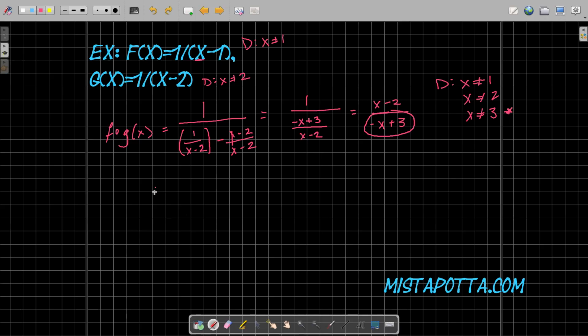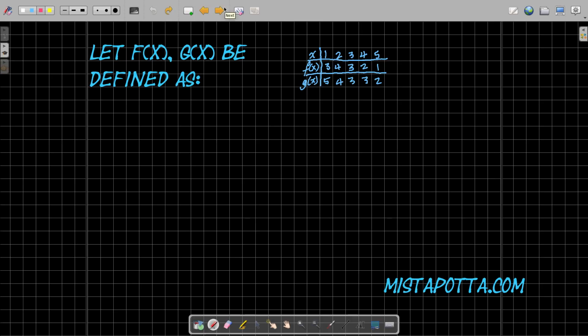So in other words, our domain, in this case, is all x except x equals 1 or 2 or 3. And you can write that in interval notation if you want. You can write it in boundary notation, inequalities, however you feel like writing it. Just realize, though, that composition of functions can introduce a restriction in domain, and it's something that we have to be aware of. Something else you need to be aware of is that we are not necessarily restricted to explicit